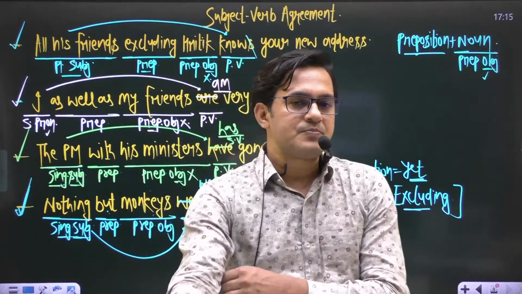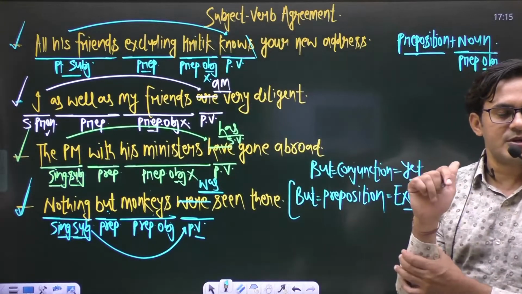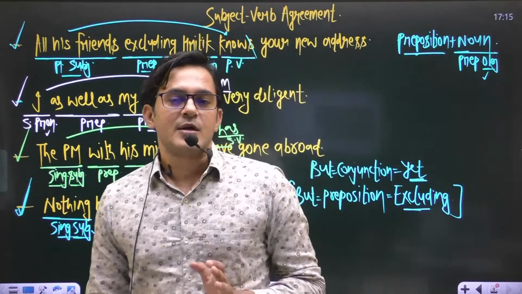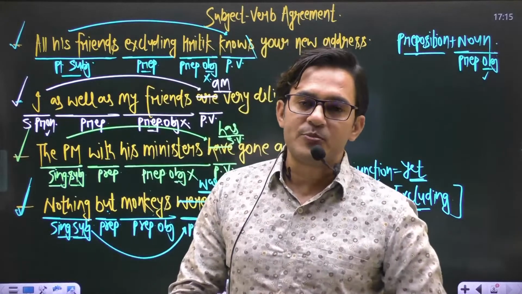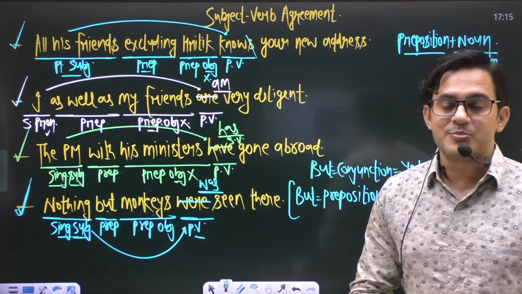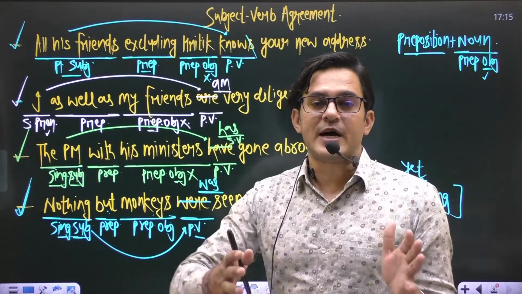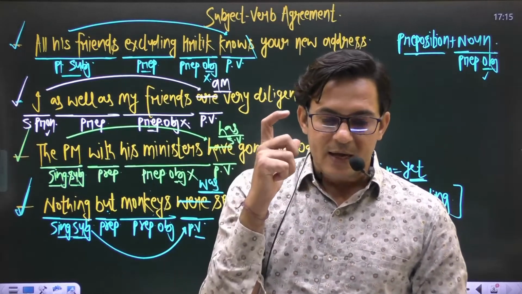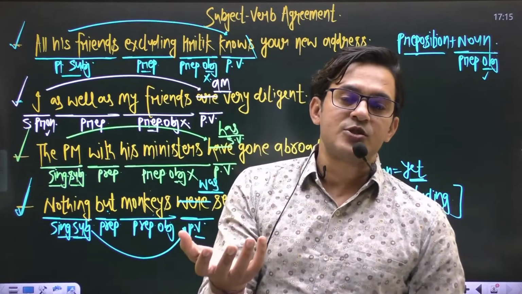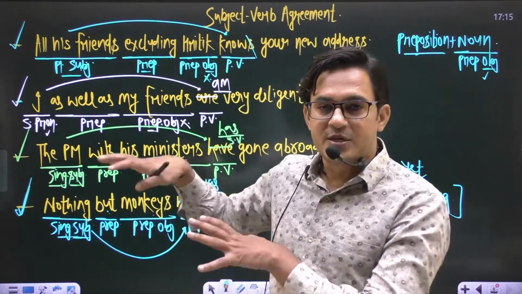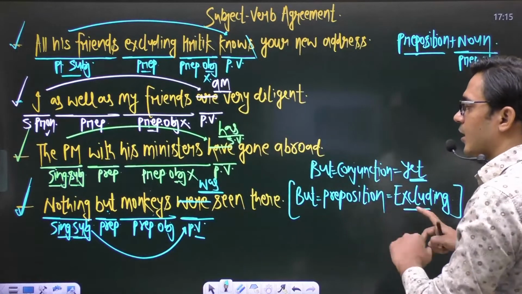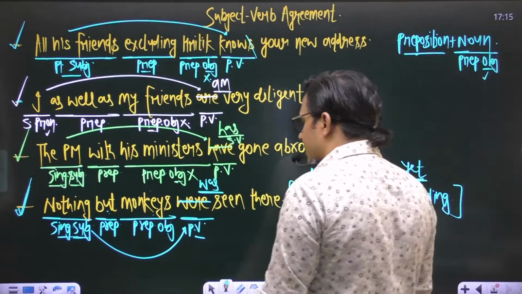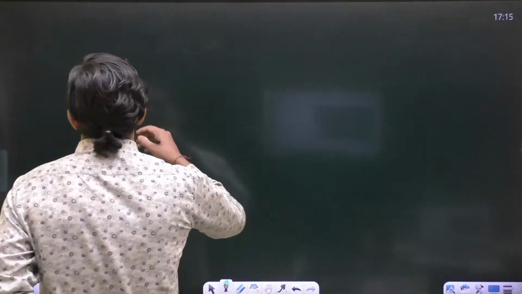After a preposition, Abhishek, good evening, brother. After a preposition, the noun or pronoun, whatever we find, that is always a prepositional object. Verb is used according to the subject. So now the question arises, what are the prepositions? What is the actual list? What kinds of prepositions come under this concept? So let's take a look. Okay, so the prepositions are like